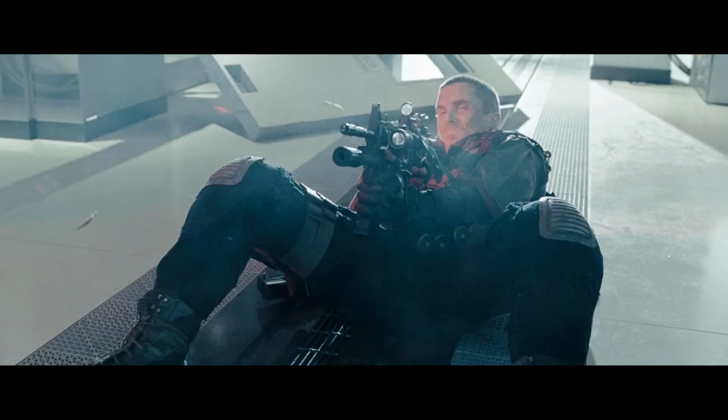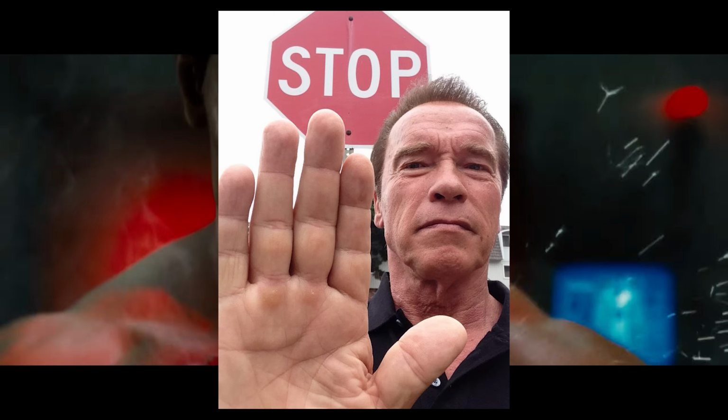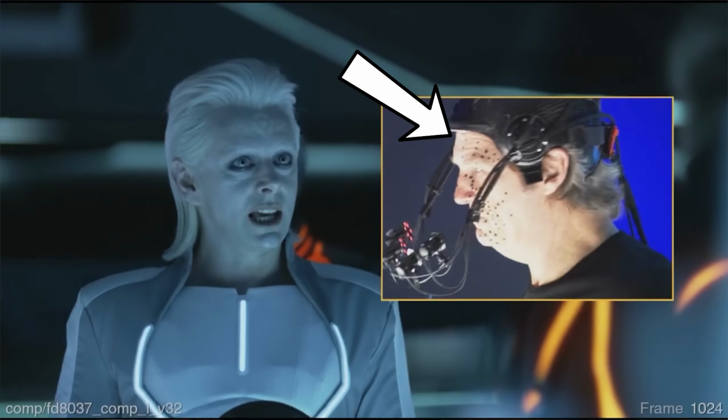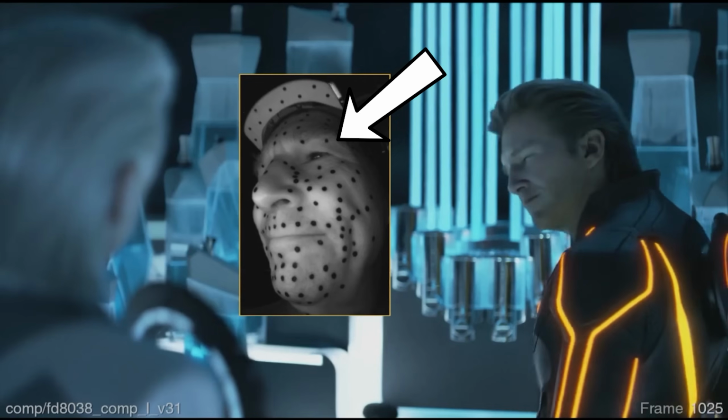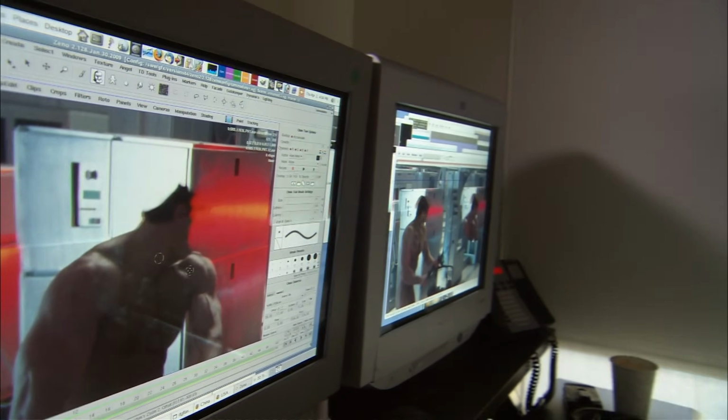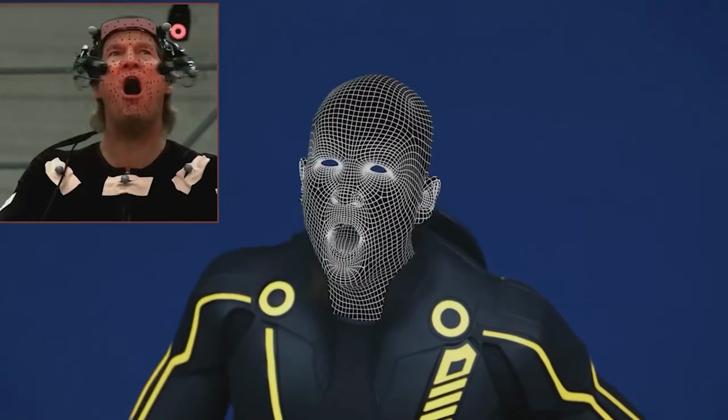And so he's probably being quite diplomatic there and just laughing off something that was this massive source of stress. What then makes all of this even worse is the fact that Arnold was never actually attached to this film. Because if you look at similar digital characters at the time, like Clu from Tron Legacy, you can see that not only were they able to prepare and have all of these special cameras and tracking markers and just all of this stuff that they don't seem to have on Terminator Salvation, but also they had the original actor Jeff Bridges there to provide a